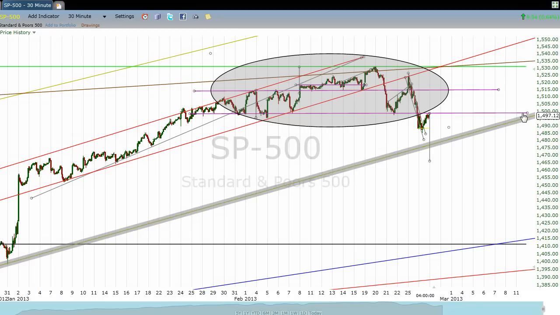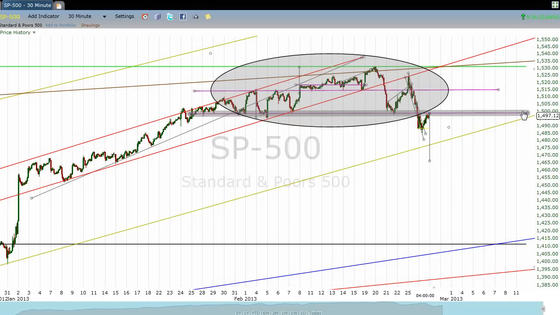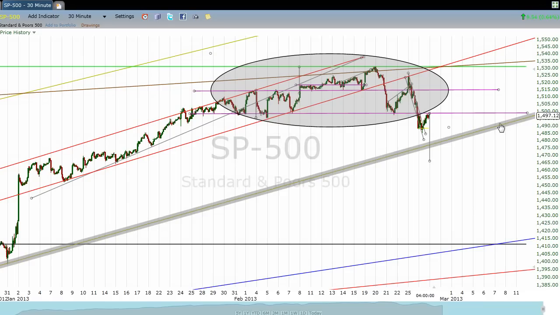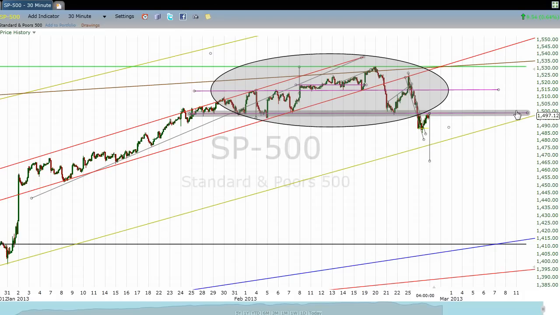And because we've got this line, which should be resistance and was shown at least for today to be resistance, then we've got this line that we sort of expect as support. But look, 9 days from now, those guys run into each other. So something will happen between now and then to either recover this pattern, which I think is still a possibility